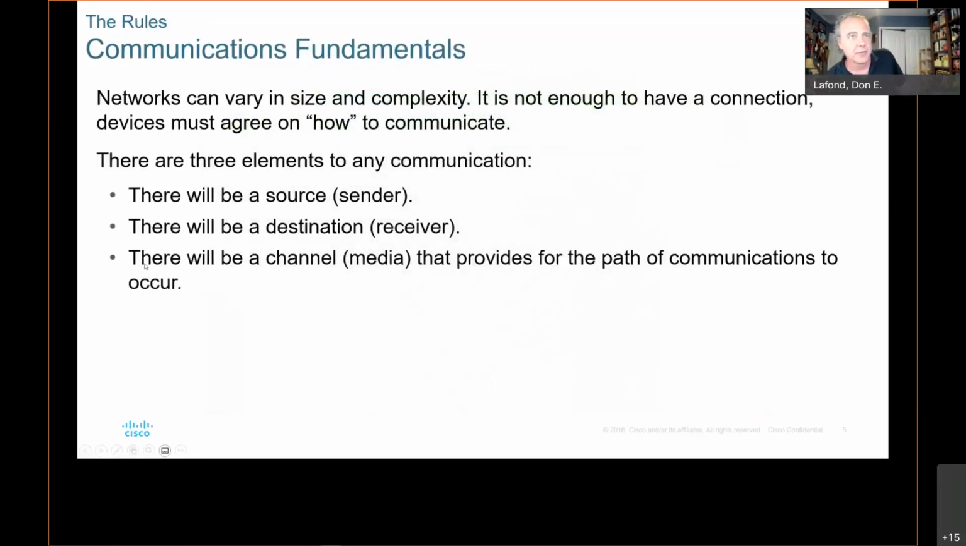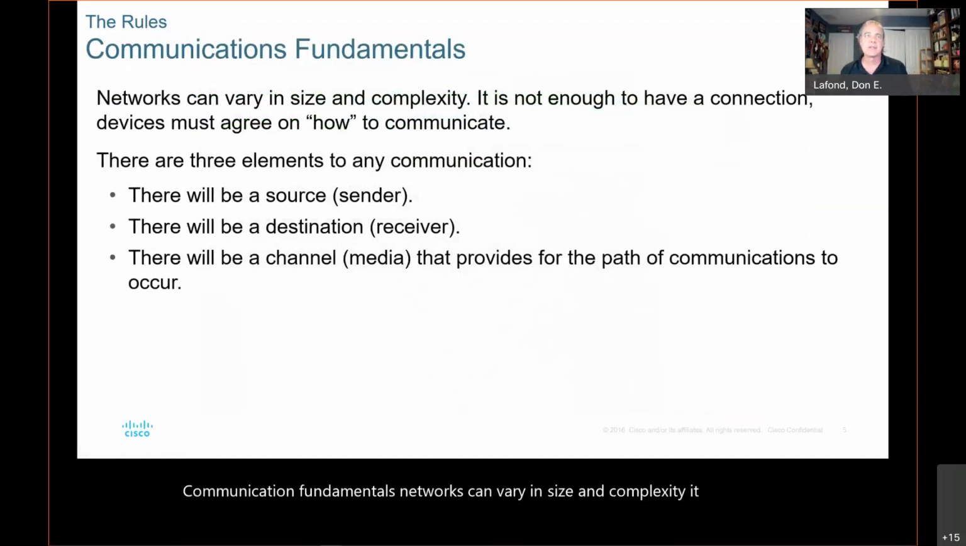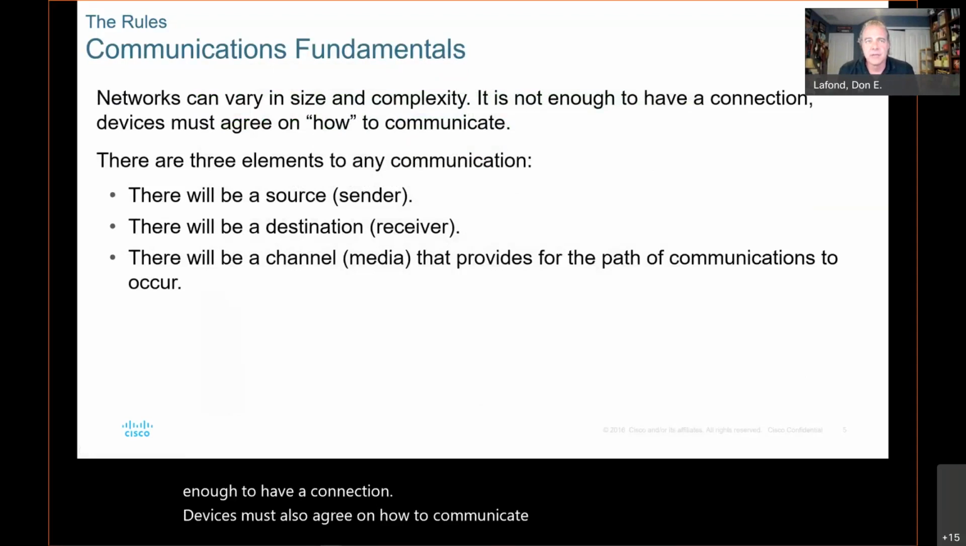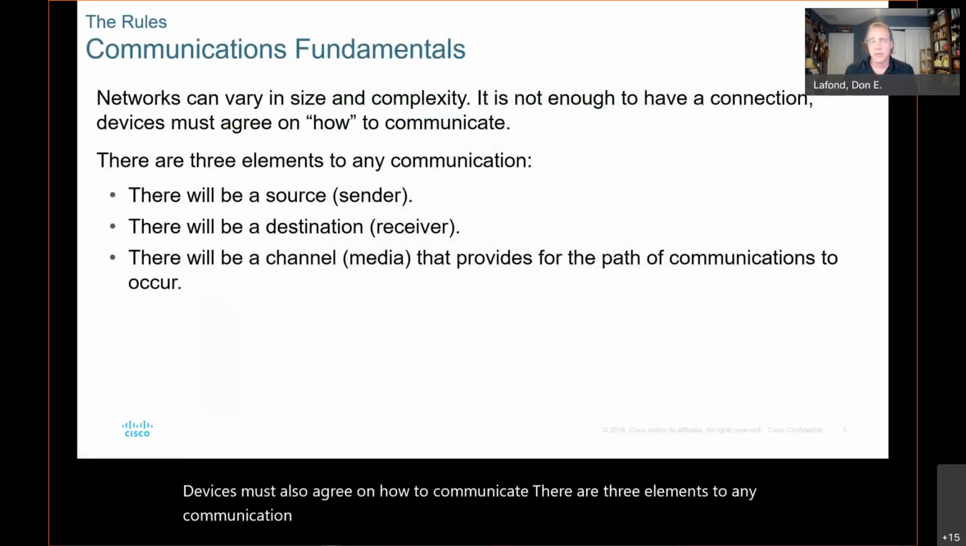Communication fundamentals. Networks can vary in size and complexity. It is not enough to have a connection. Devices must also agree on how to communicate. There are three elements to any communication. There will be a source, that's the sender. There will be